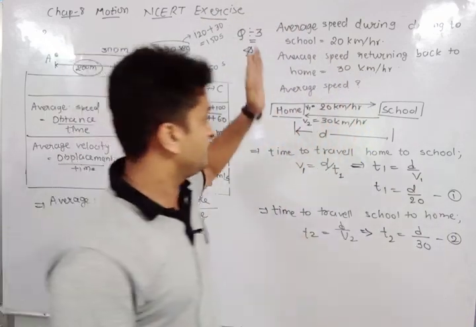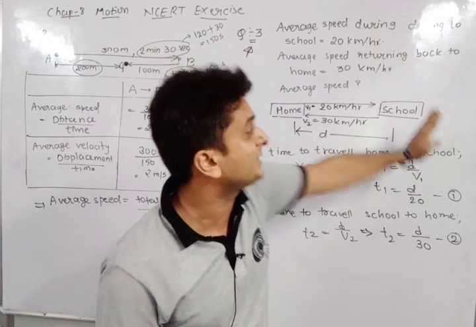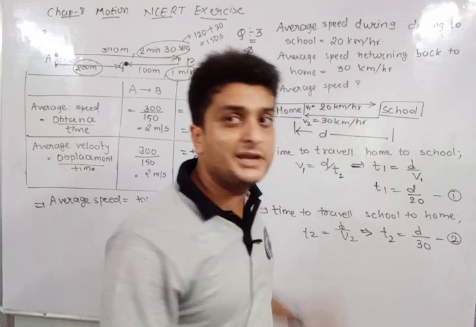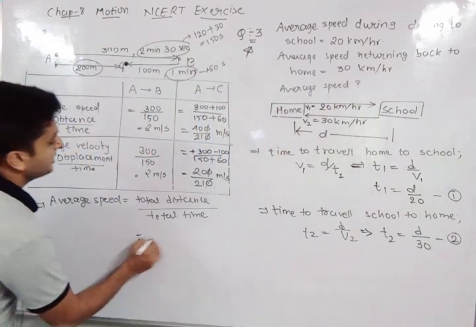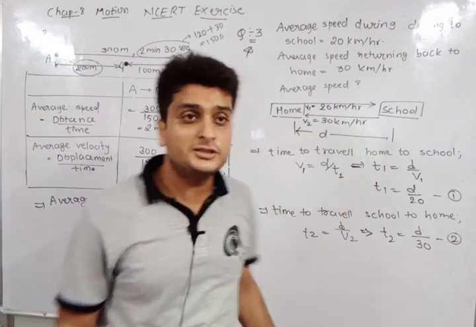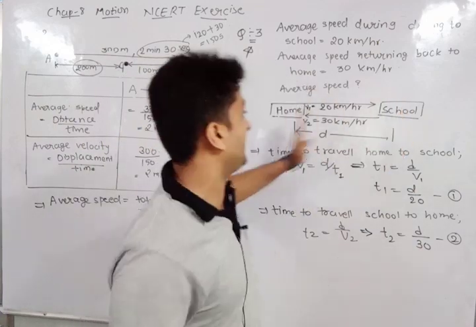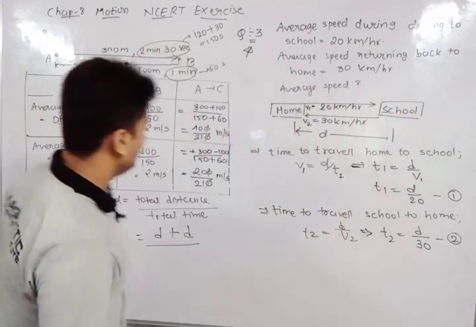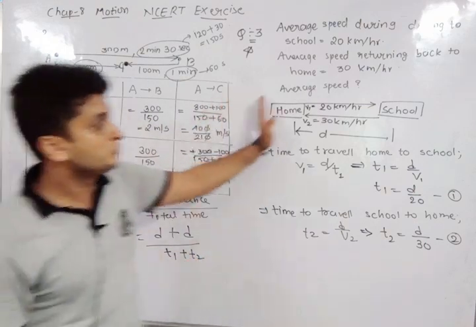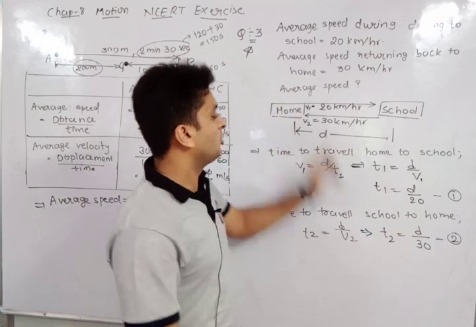Okay. Now what is the total distance travelled? So first he went home to school and then again back to home. What is the total distance travelled? Jaane ka d aur aane ka d. Total distance kitna ho gaya? d plus d. What is the total distance he covered during the journey? d to the school and d again back to home. And what total time does it take? Total time is t1 plus t2. Home to school the time is t1, school back to home is time t2.